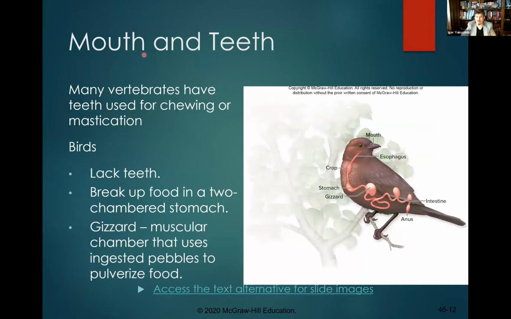So mouth and teeth. Many of the vertebrates, specifically mammals, will have different types of teeth used for grabbing the prey, holding onto the prey, and then chewing that particular prey. Well, birds do not have them. They lack teeth, or at least modern birds. The ancient birds had teeth, but teeth are overall very heavy, and of course, the birds are very well designed for flying. Instead of that mastication, breaking down the pieces into smaller pieces to increase the surface area,